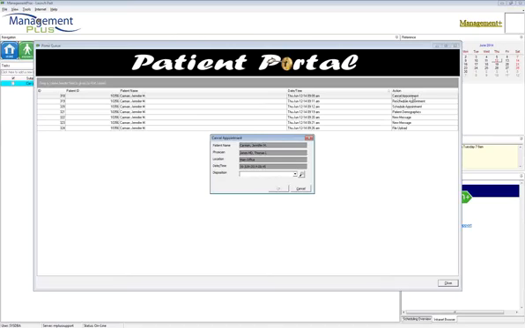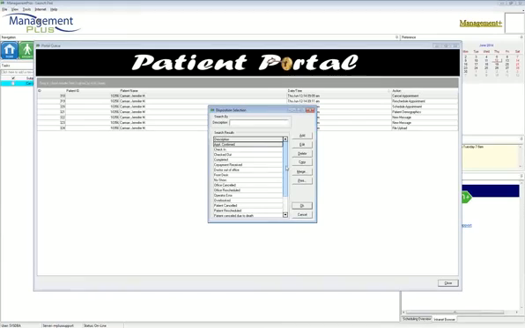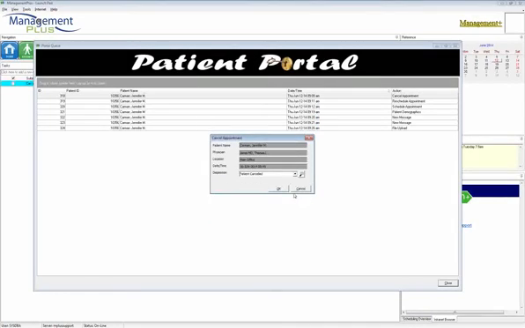So the first one we're going to talk about is canceling an appointment. When you have a request to cancel an appointment, it's going to show you the patient's name, the physician, location, date, and time. One thing that is required in order for this to actually be canceled is the disposition. If you look at this list, we can click on the little search button. It shows you all of your dispositions. This is the patient canceled. Okay? It's not office canceled. It's not rescheduled. The patient is requesting to